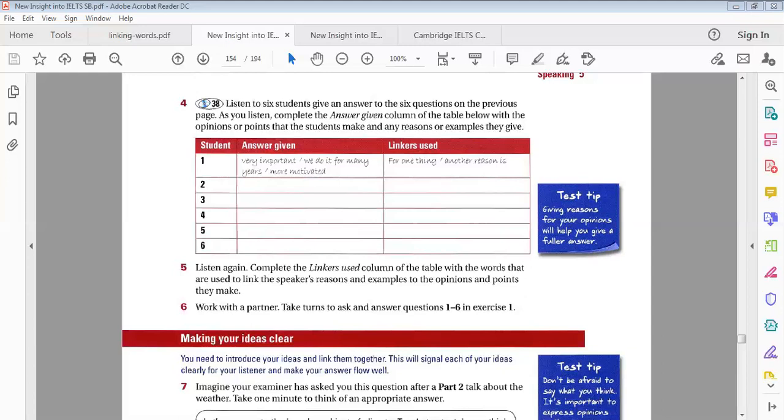Track 38. 1. It's very important to enjoy your job. For one thing, we do it for many years. And another reason is that if we like what we're doing, we'll probably be more motivated. 2. I believe the government ought to help people, low-income people, with their rent, but